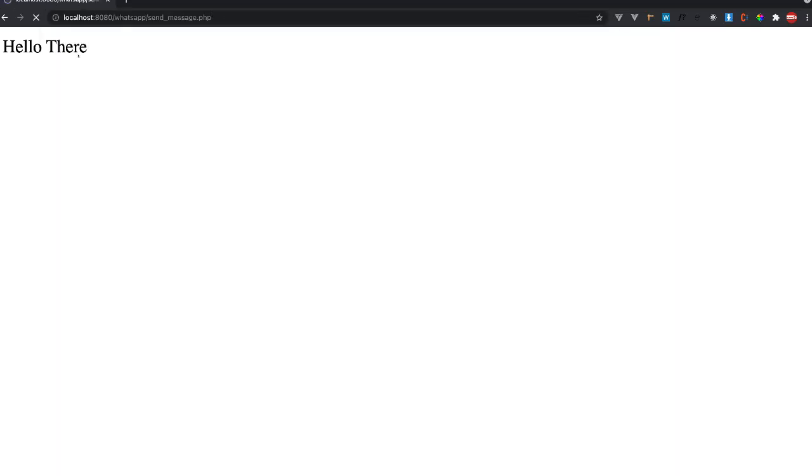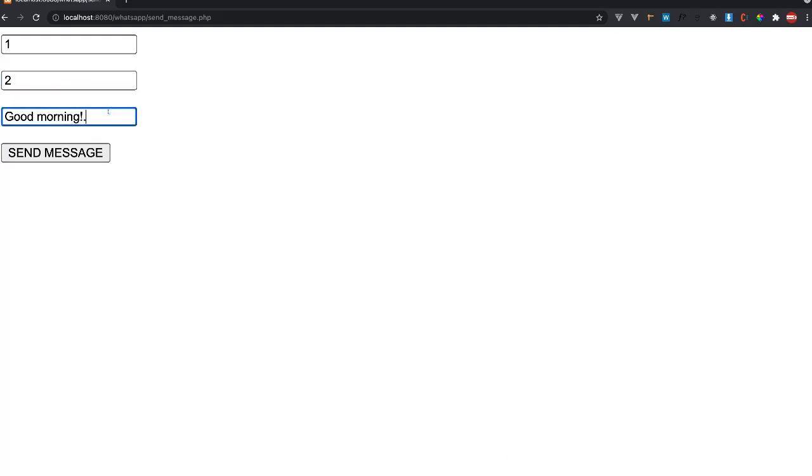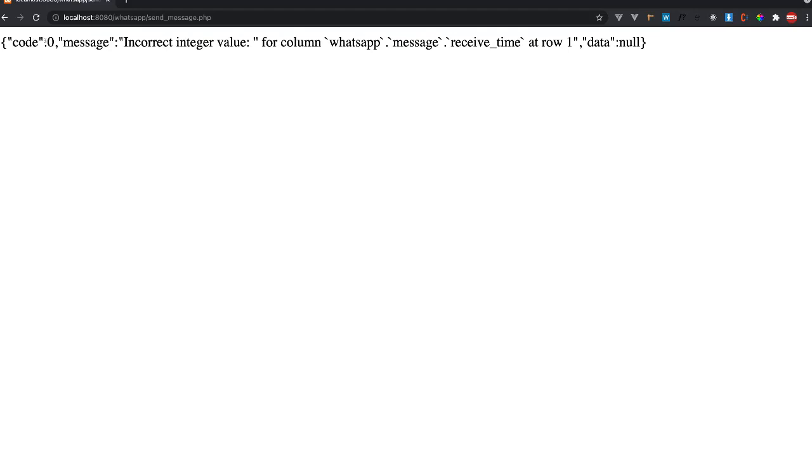send_message.php. Of course, we'll get our form, like in case there is no POST or GET, we'll get that form. I'll have the sender ID and the receiver ID, and we're having just something like "good morning". And if we put there some dots and click on send, we'll have the object as the response of this kind, like the status is 0 and the reason: incorrect integer value for column WhatsApp message receive at row 1,